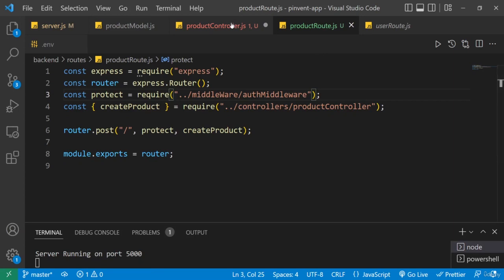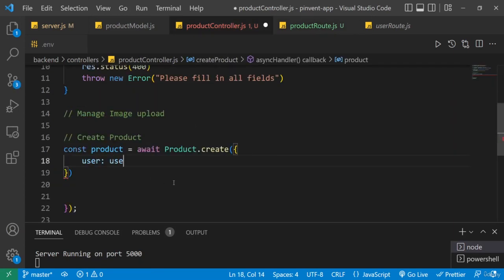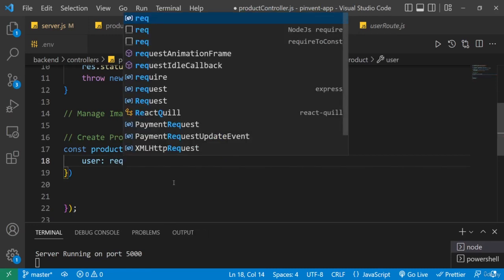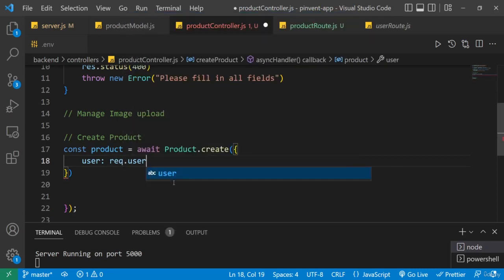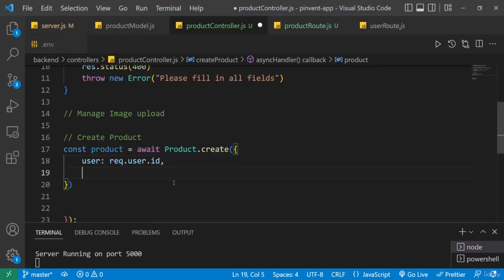So here I'm just going to point it to the user, sorry, not the user, the request.user, and then I'm just going to get the ID of that user. Great. Then next I'm going to save the name, the SKU, and did I destructure the SKU? Okay, yes I did. So the SKU, then the category,